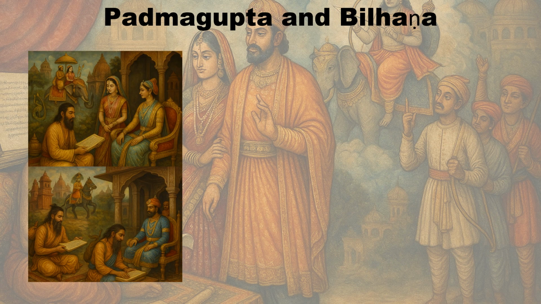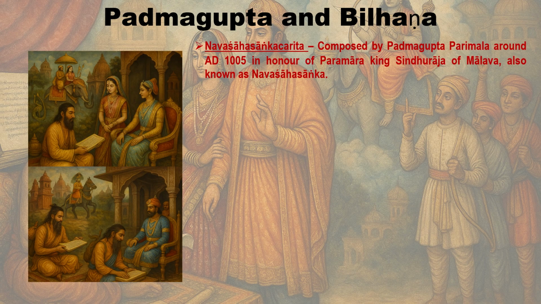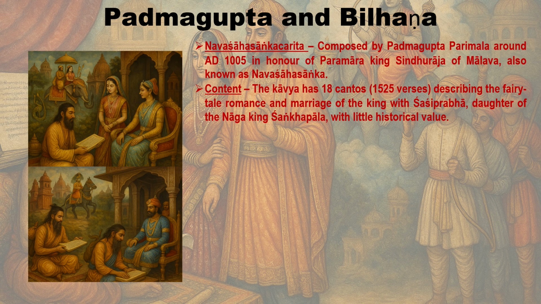Padmagupta and Bilhaṇa. Composed by Padmagupta Parimala around AD 1005, Navaśāhasāṅkacarita is in honor of Paramara king Sindhuraja of Malava, also known as Navaśāhasāṅka. The Kavya has 18 cantos or 1525 verses describing the fairy tale romance and marriage of the king with Shashiprabha, daughter of the Naga king Shankapala,